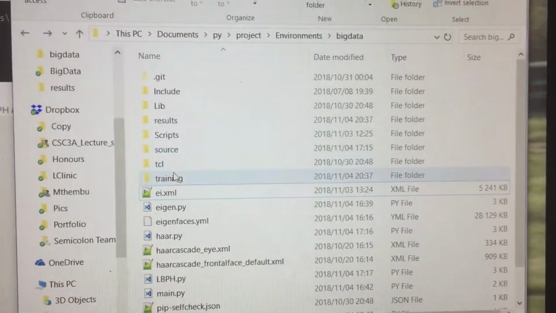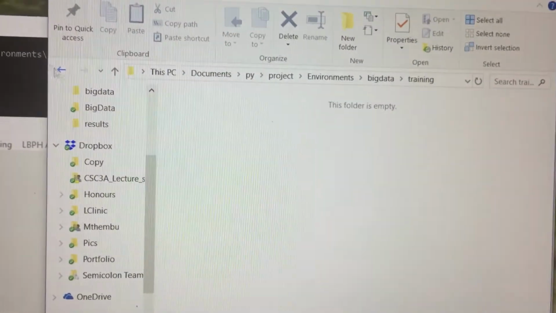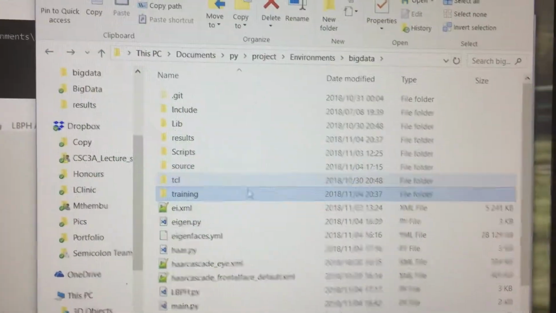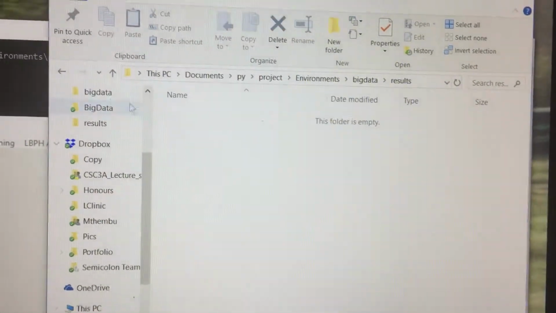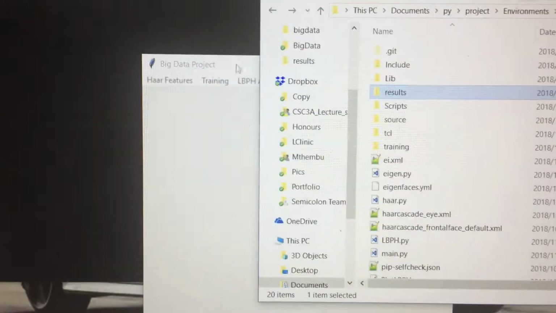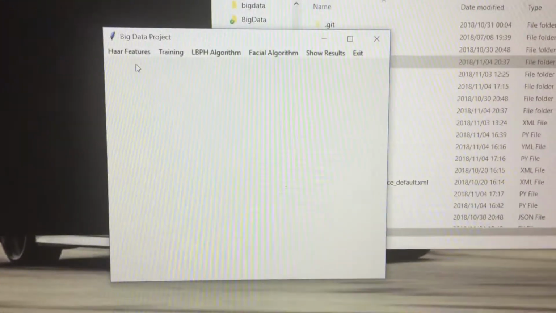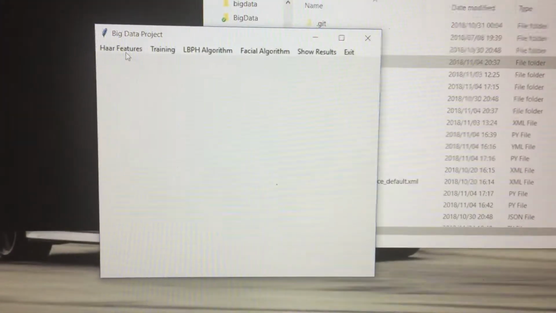When you go to training, you've got no images, so we haven't trained anything yet, and obviously the results, there's nothing in yet. The first thing that we want to do is get the Haar features. So we want to get the images. So we're loading this